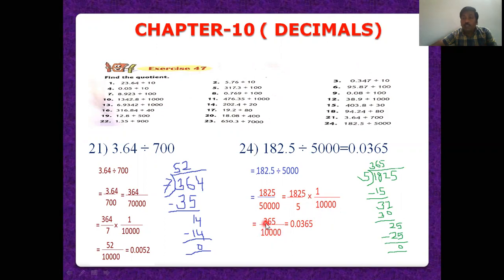And now insert the decimal point after the 4 digits 1, 2, 3, 4 because here are the 4 zeros, but here are 3 digits. To make the 4 digits, we can write here in this way. How can we write to make this 4 digits? 0365. It makes the 4 digits. Now insert the decimal point here and write the 0 before this decimal. Okay, guys. So in this way, we can solve exercise 47.